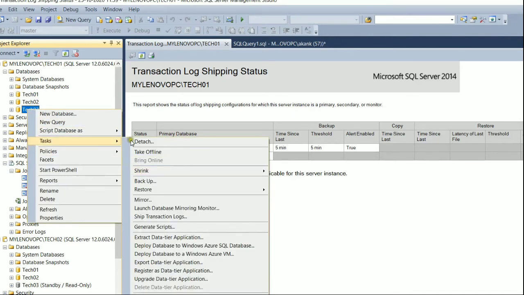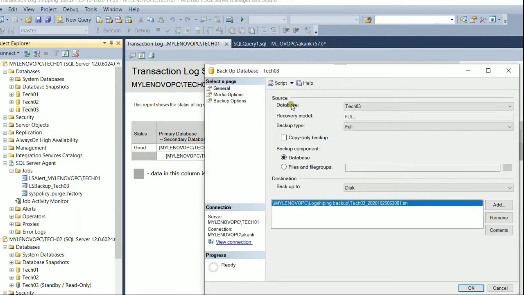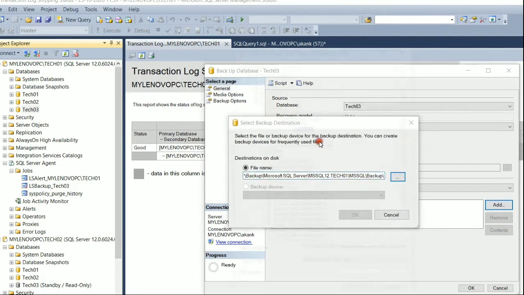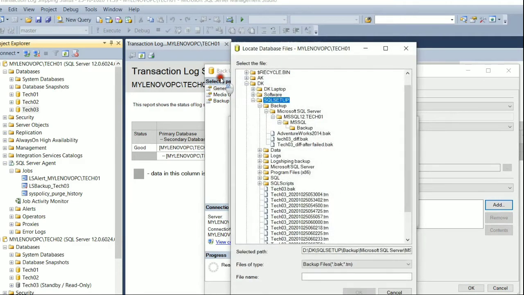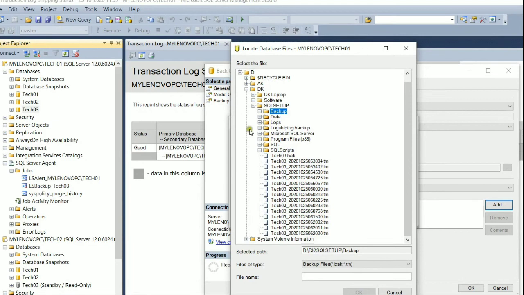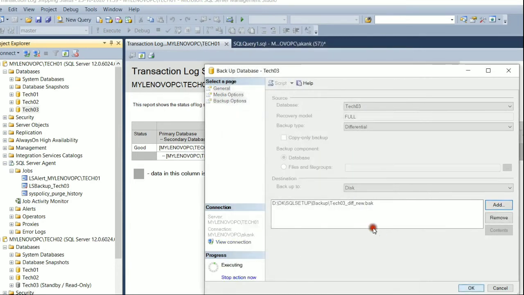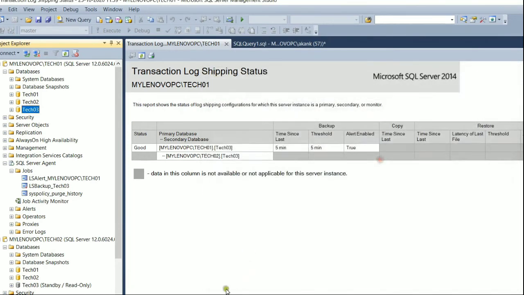Let me take the differential backup manually here, of database tech03, to differential new dot bak. Okay, we'll execute it, the differential backup is done.